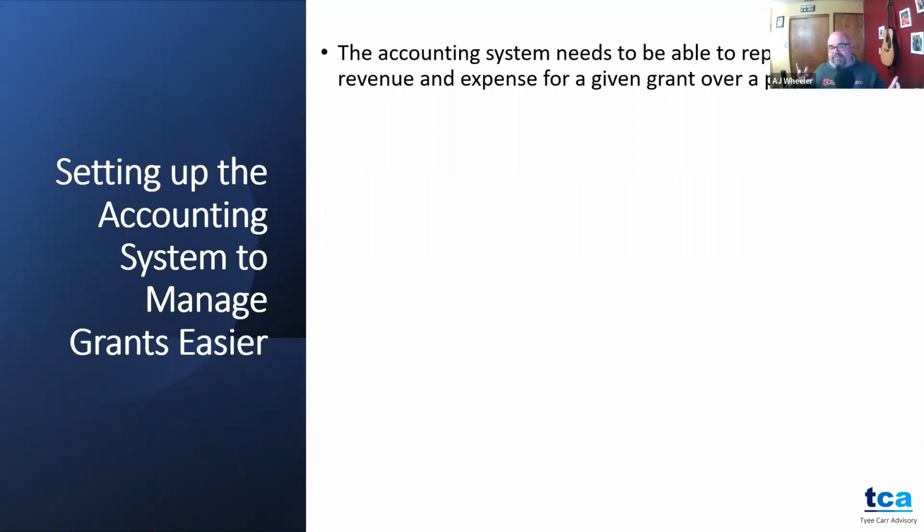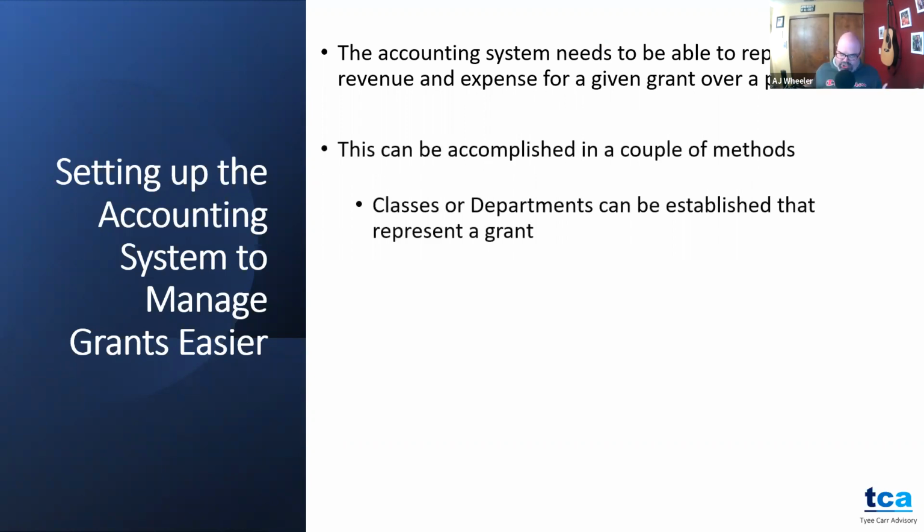In that case, you're going to have to combine the grants together and make sure that you have expenses to cover that, or break the expenses apart into multiple parts, or have your accounting department do that, so that you're not double dipping and paying for the same salaries, for instance, from two different grants. So being able to accomplish this, pulling out revenue and expenses of a given grant over a period of time, is easy. There's multiple ways to do this, but I think the easiest way is, especially in smaller organizations that use QuickBooks,